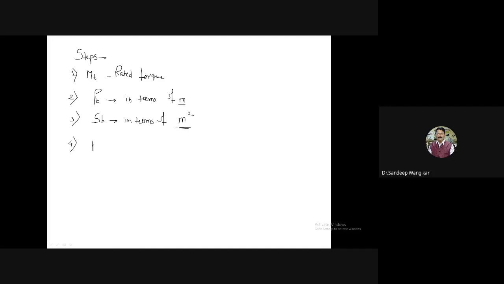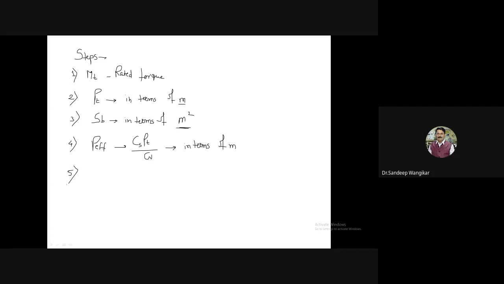Number four, I will go for P effective calculation. P effective also I will put CSPT by CV in the preliminary stages of gear design. It is given that use the velocity factor method. Therefore, I will use the CSPT divided by CV as PT in terms of module. Therefore, this also will be in terms of module only. So I will write down in terms of module.